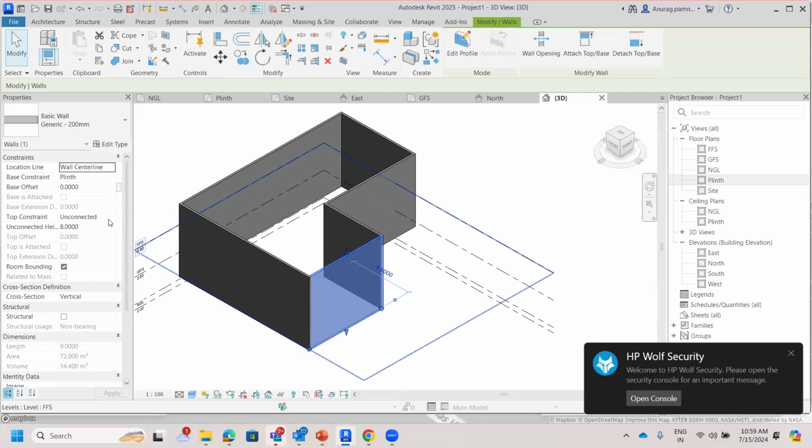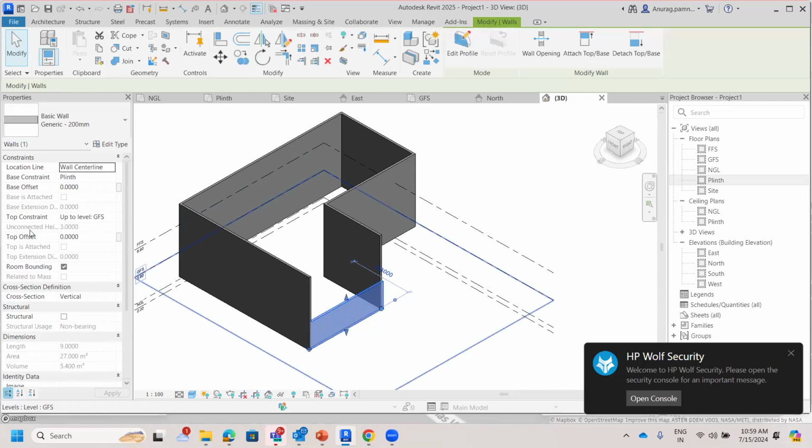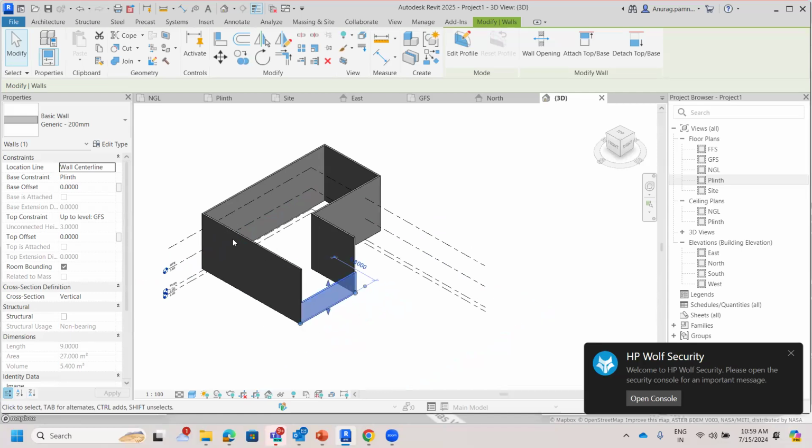तो मैं उसके टॉप को, इस पर्टिकुलर वॉल के टॉप को, आई विल मेक इट एज ग्राउंड फ्लोर का स्लैब। तो जैसे भी मैंने उसको ग्राउंड फ्लोर का स्लैब बनाया है, वो ऑटोमेटिकली जितना हमने एलिवेशंस पे हाइट सेट की थी 3 मीटर्स की, तो आप देखोगे कि इट ऑटोमेटिकली टेक्स दैट हाइट एज 3 मीटर, क्योंकि अभी ये प्लिंथ लेवल से ग्राउंड फ्लोर के स्लैब तक रिस्ट्रिक्ट हो गया है। और वहां पे कंस्ट्रेंट लग गया है कि अब ये वॉल प्लिंथ से शुरू होकर ग्राउंड फ्लोर के स्लैब तक जाएगी।